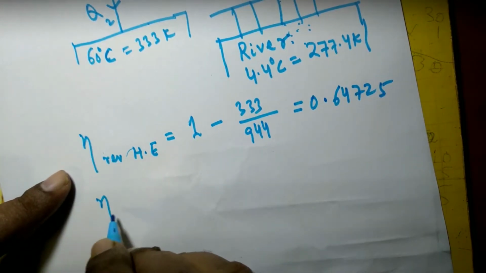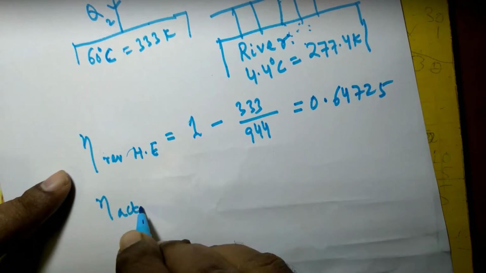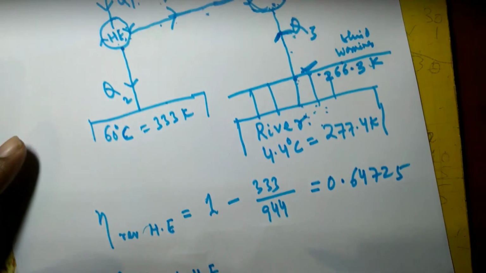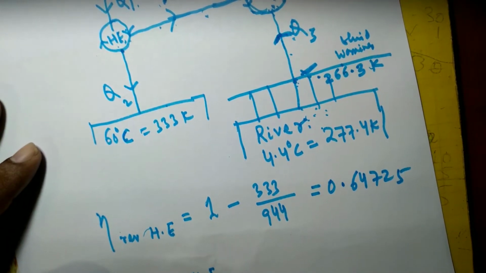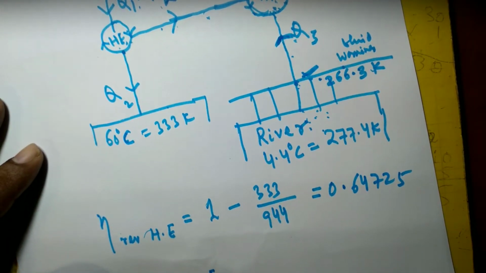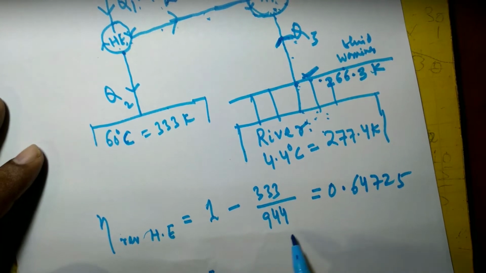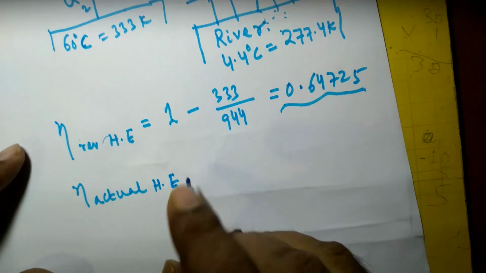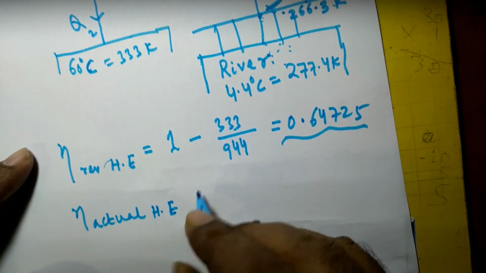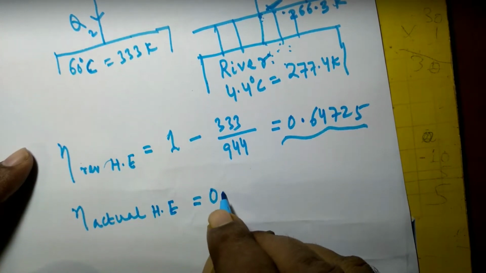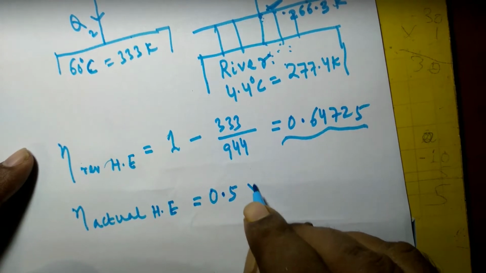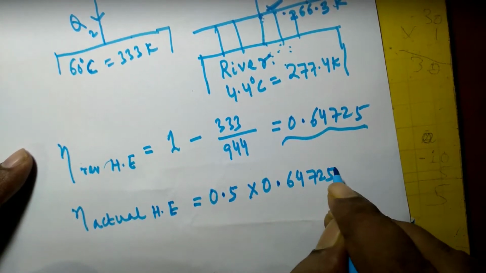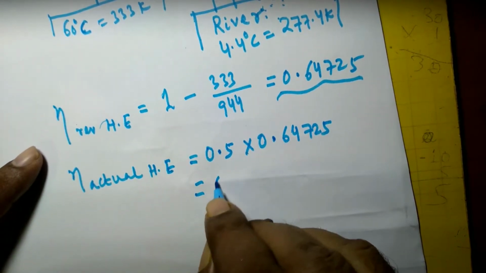So what is the efficiency of the actual heat engine? As per the question, the efficiency of the heat engine is 50% of the Carnot efficiency, and this one is the Carnot efficiency. So the efficiency of the actual heat engine that operates between the two given temperatures is equal to 0.5 multiplied by 0.64725,